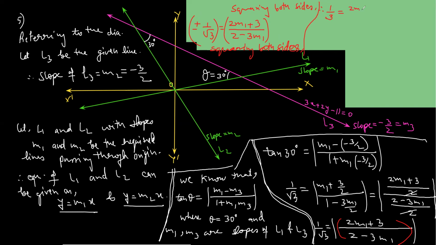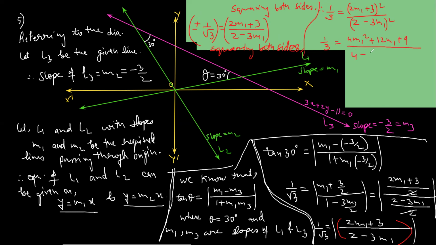And here you get 2m1 plus 3 whole square upon 2 minus 3m1 whole square. So 1 upon 3 equals 4m1 square plus 12m1 plus 9 upon